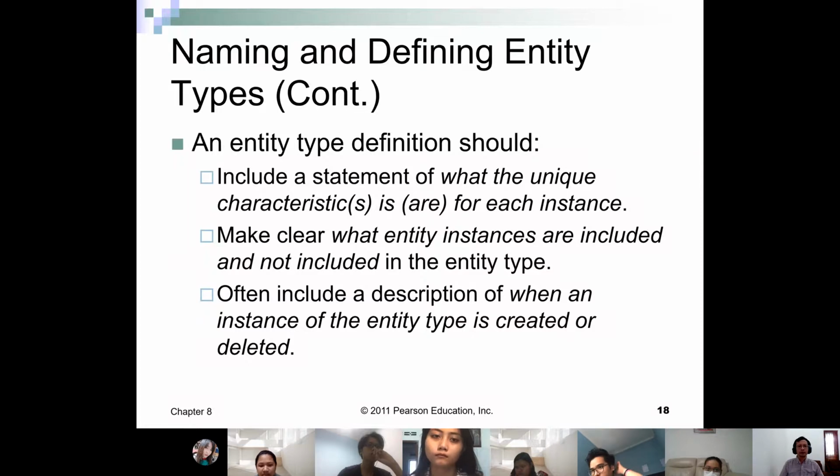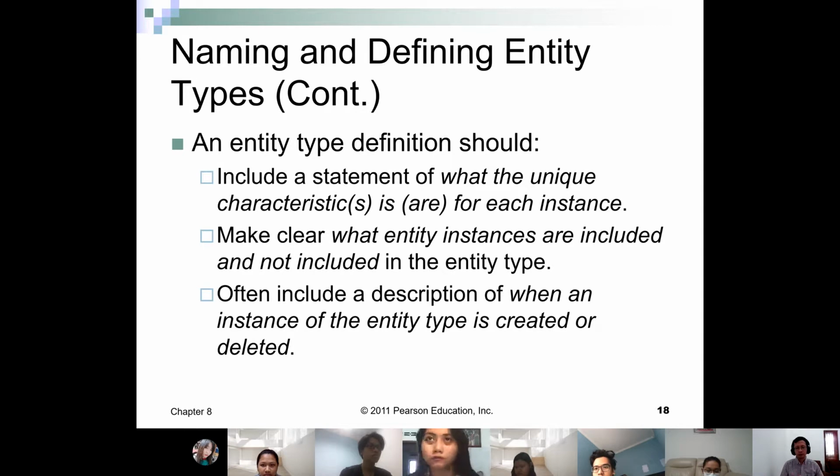And then we need to define those entity types. The definition should include a statement of which unique characteristic. For example, for student they have NPM, the student ID, and the lecturer will have employee ID. Okay, and then make clear what entity instances are included in an entity type.